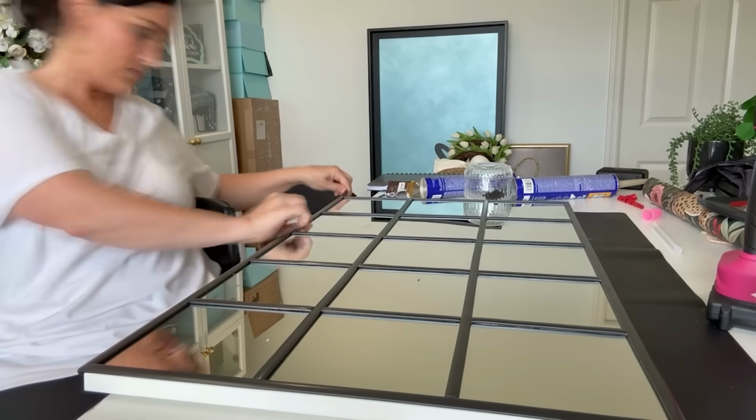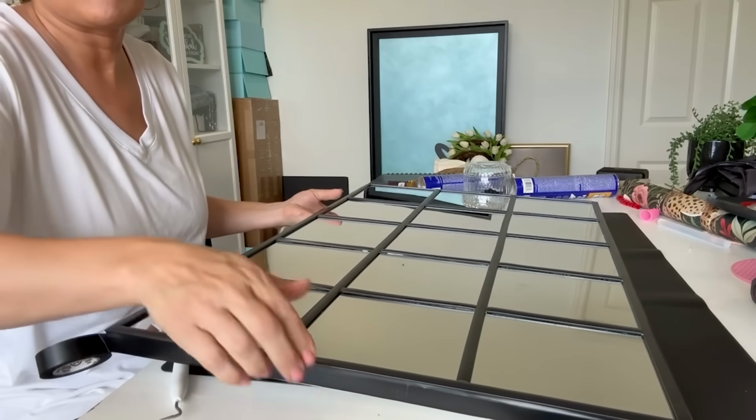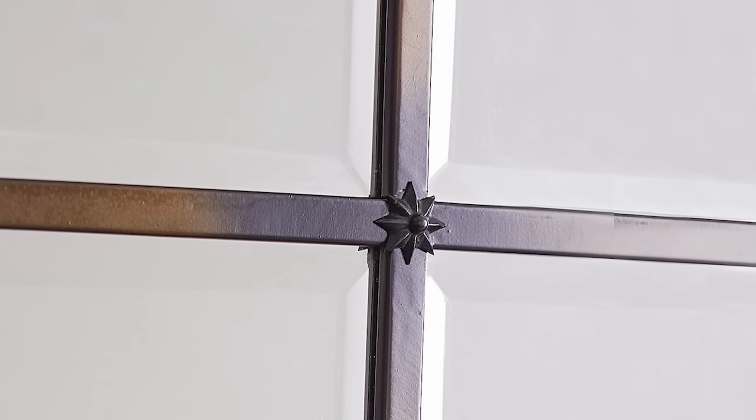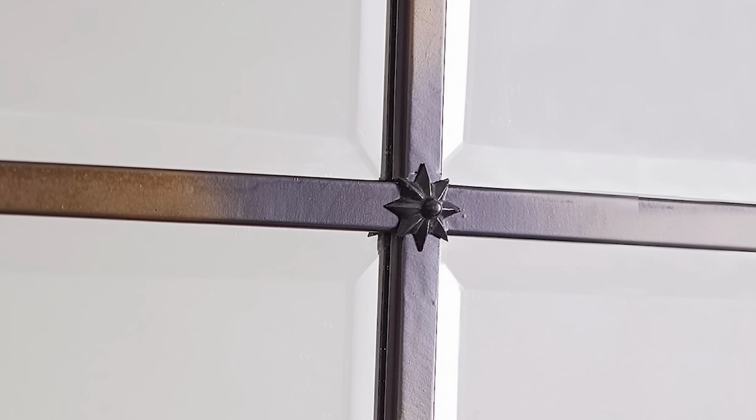It's so easy. I decided to keep this so easy and not even paint anything on this cabinet. I took electrical tape to cover up the edges, and I'm telling you, it worked like a charm, and you cannot even tell. Now, on the Egan mirror, there were these decorative molding pieces that were more like a starburst,